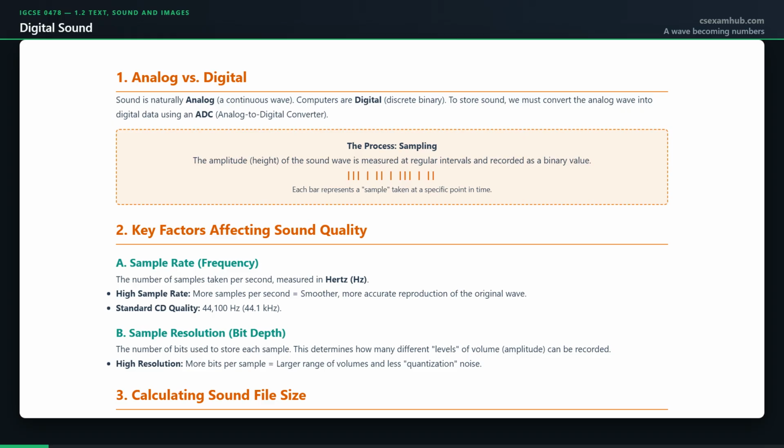Notice this is the same problem as the sensors in topic 3.2 and the same solution, an analog to digital converter doing the measuring. And notice what sampling necessarily loses. Between two samples, the wave did something and none of it was recorded. The digital version is an approximation built from measurements, and how good an approximation depends entirely on the two settings